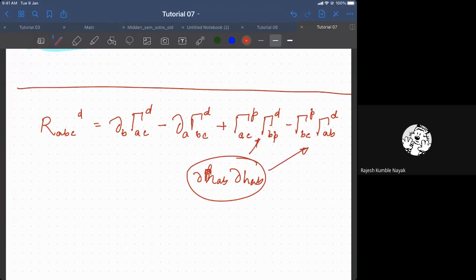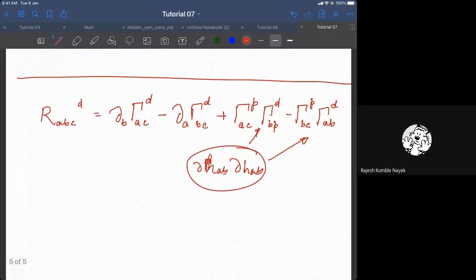So that is not allowed. Under linearization, all the terms of h squared go to 0. That means this term is approximately 0 and this term is approximately 0. That is what we call the linearization. So under linearization, we have only linear terms, that is these two terms. So that is why R_AB under linear approximation takes only these terms.